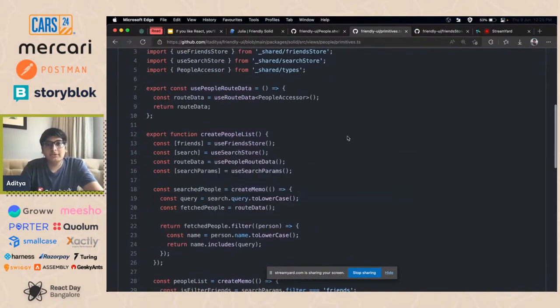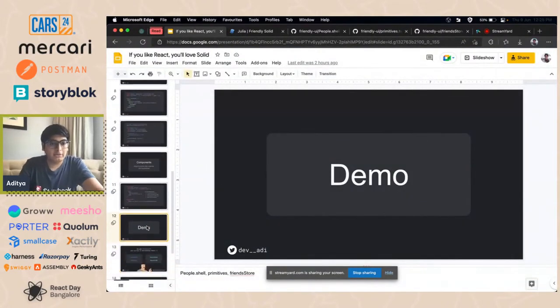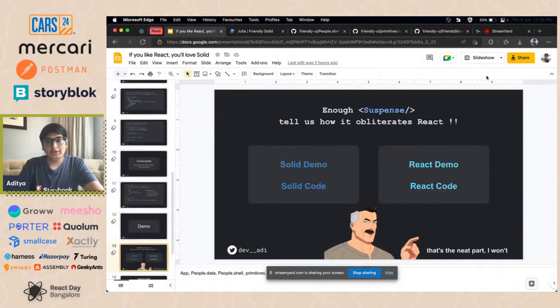Similarly, you have a search store. So that concludes the demo. Hope you got a practical idea of how Solid looks. Now,